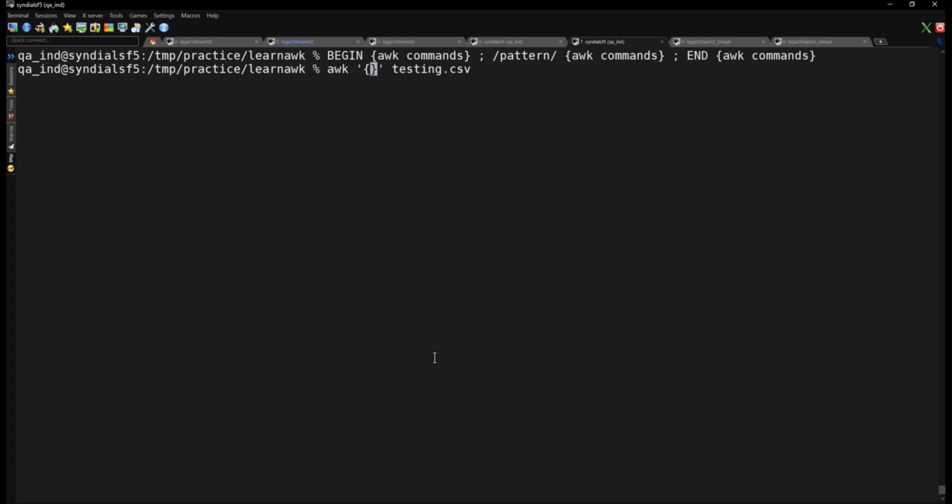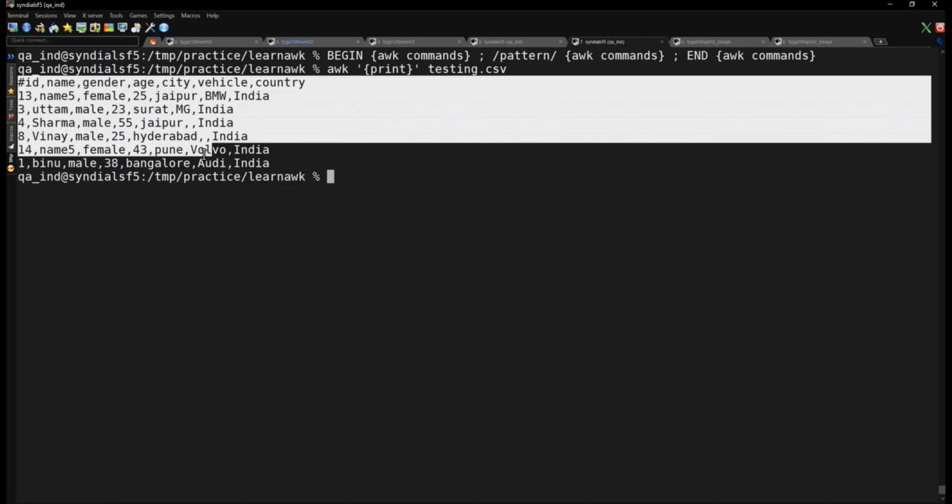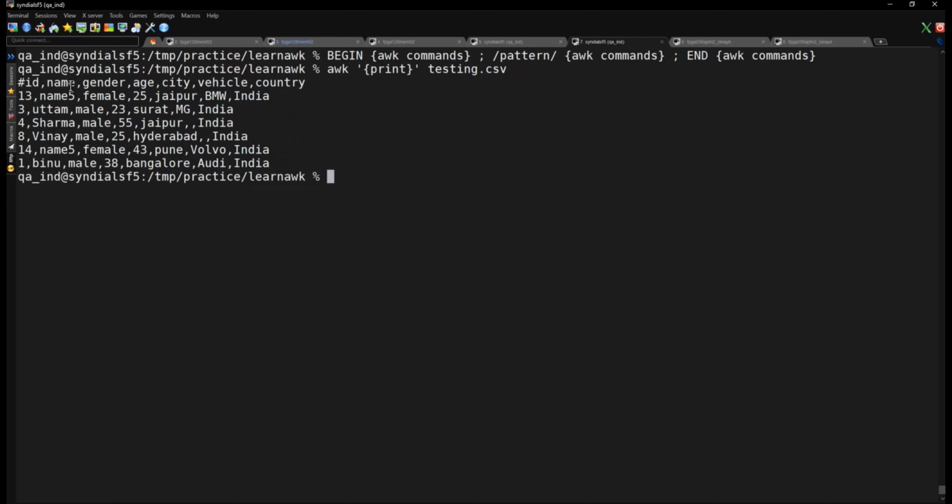If you try to print that, whatever is inside the txt file, it will read line by line and print as it is, because we have not